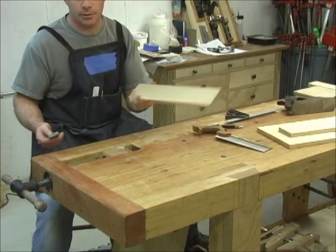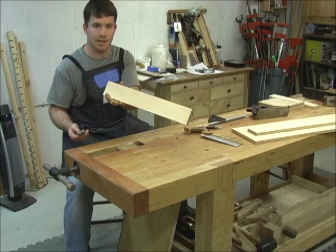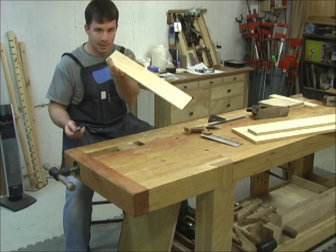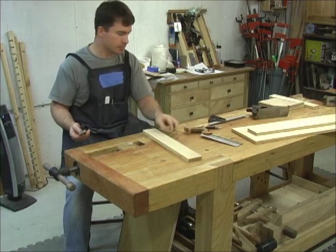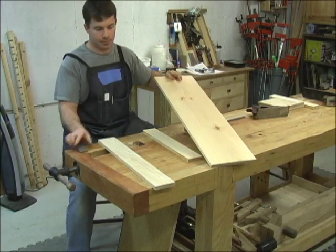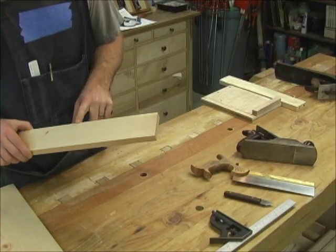The materials I'm going to use: recycled pine from a set of old shelves that the people who lived in the house previous to me had put up. Cleaned them up a little bit, took the stain off, made them nice and flat and straight. The entire system is going to be comprised of 3 boards and 3 screws. We're going to start by making the cleat,